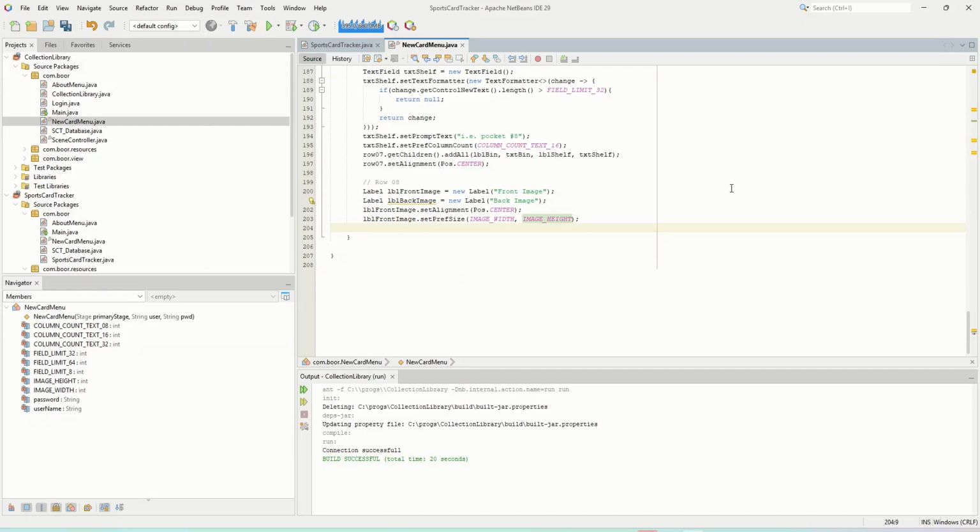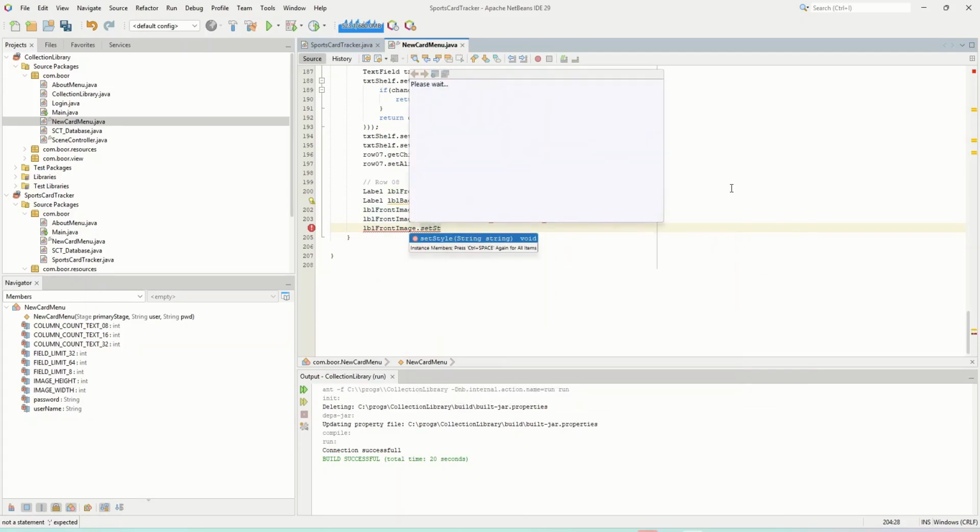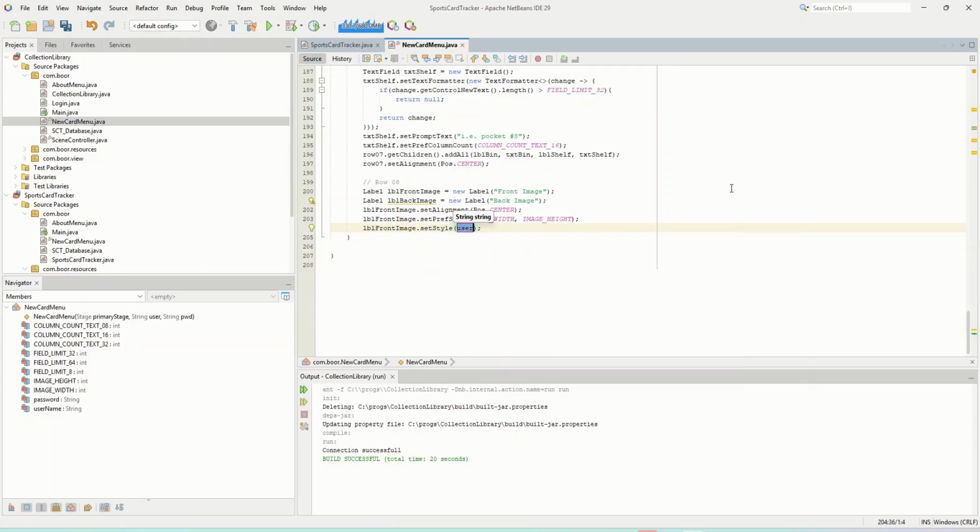Okay, so now we want to highlight these so that you can see the whole label. So I'm going to use LBL front image set style, and I'm going to put in here